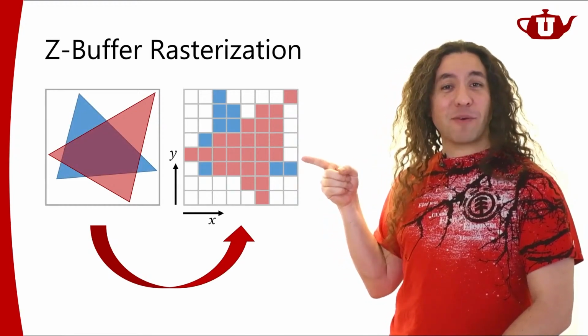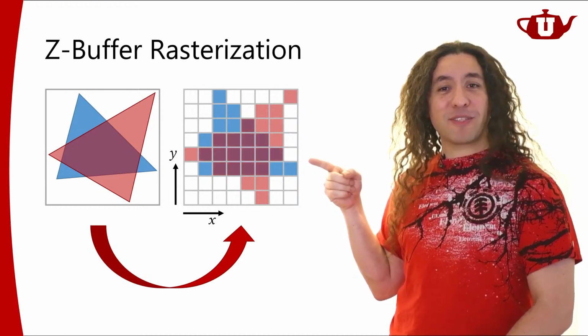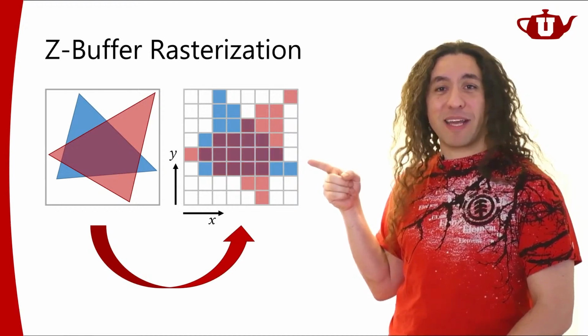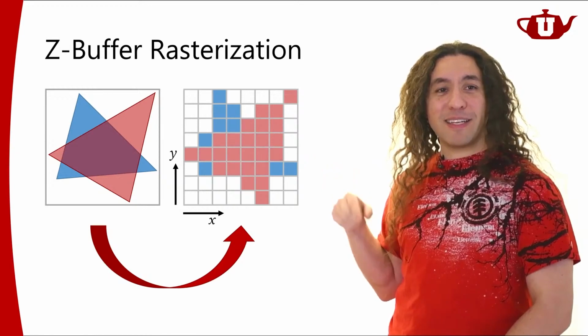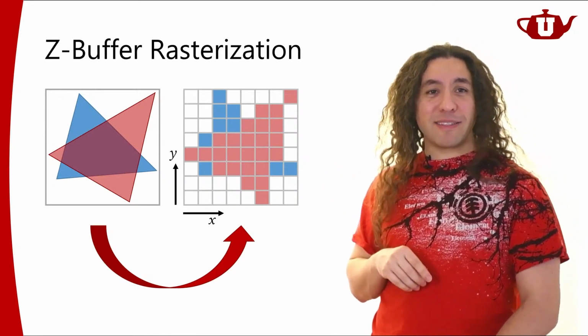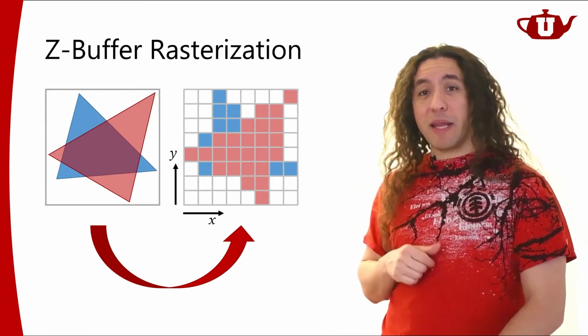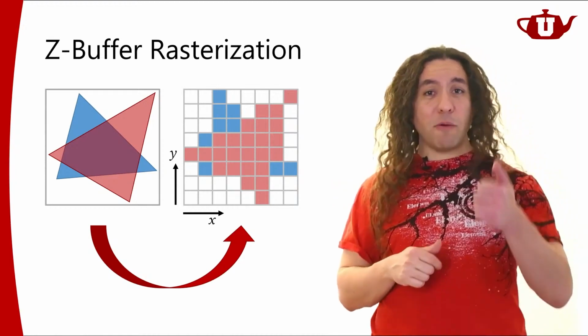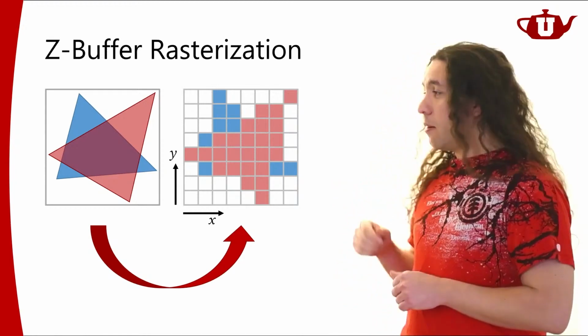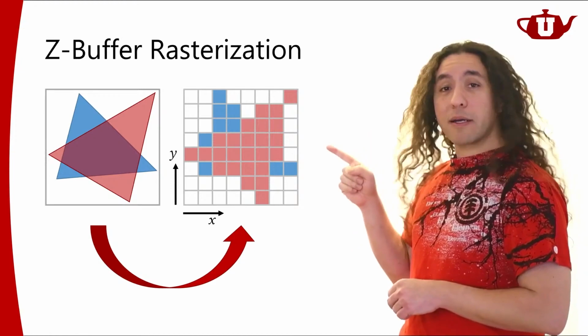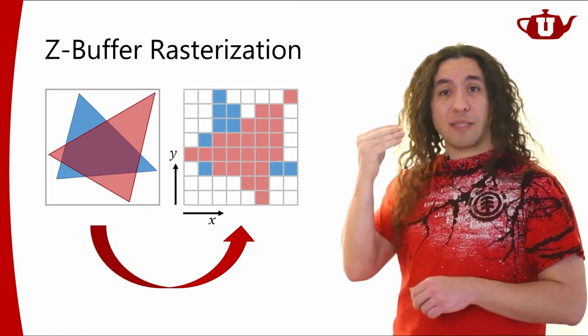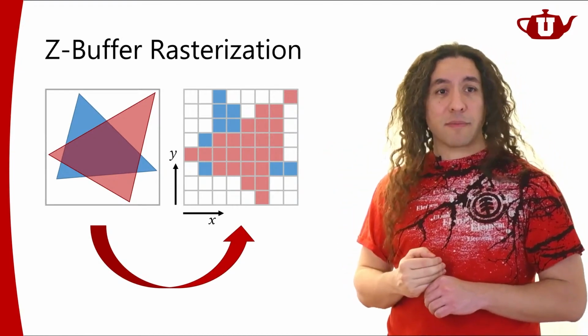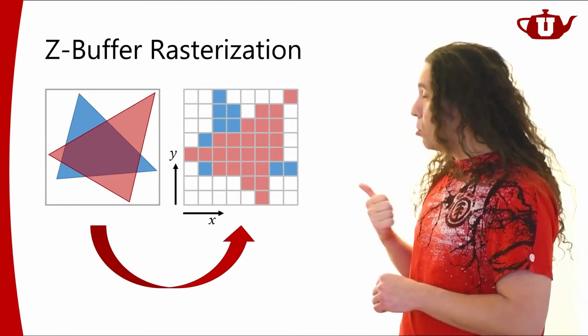Now I'm not getting what I was supposed to get. I was supposed to get this, but I'm not getting that. Instead, I'm getting this, right? So that's not great. And the reason why this is happening is that with Z-buffer, I have one Z value. And when I draw that red triangle, the red triangle wrote the Z values for each pixel. And now when I'm rendering the blue triangle